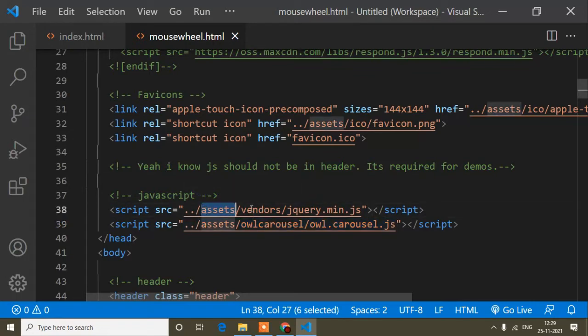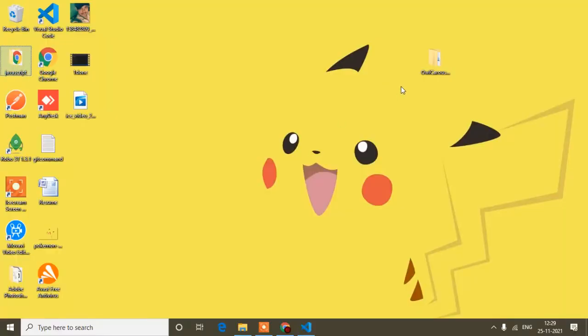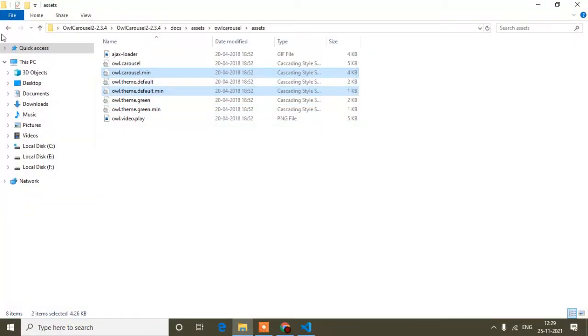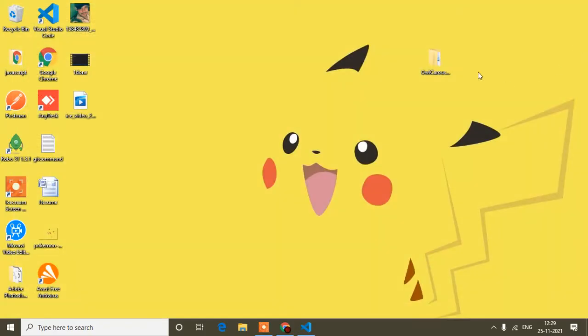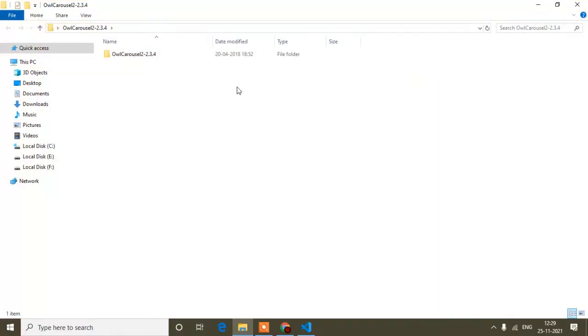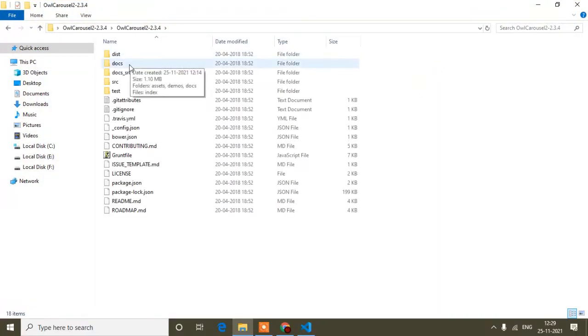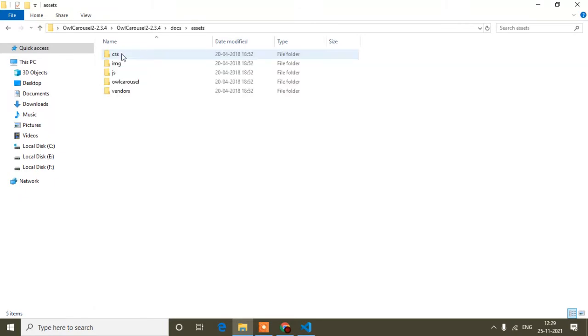Okay, so I will go to the Owl Carousel site again. So I will close this again, and go from the beginning to Owl Carousel, this one, docs and assets, then vendors, here I have to check assets, vendors, jQuery.